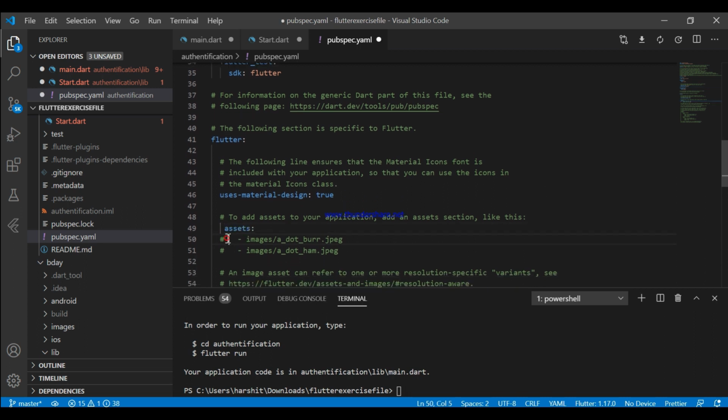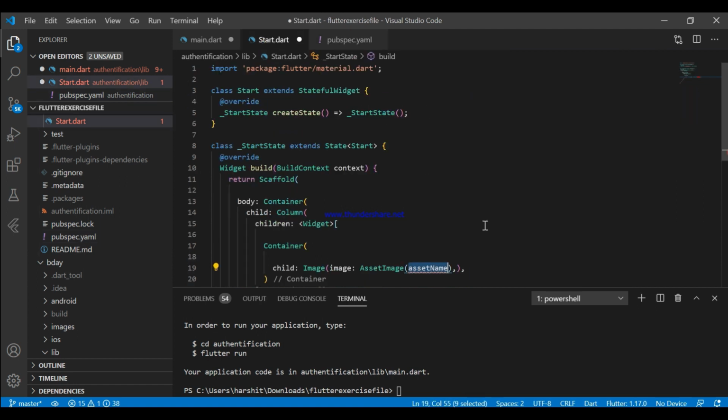Just uncomment this. Guys, you need to be very careful about the spacing and indentation of assets. If there is any problem in spacing, then you will face some errors, so just be careful. And start is the name of my image. Now copy this path and paste it here.